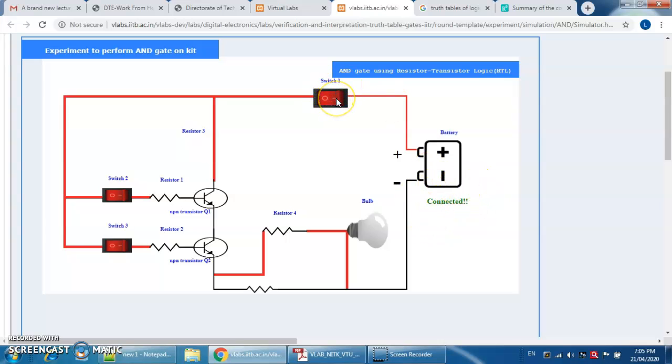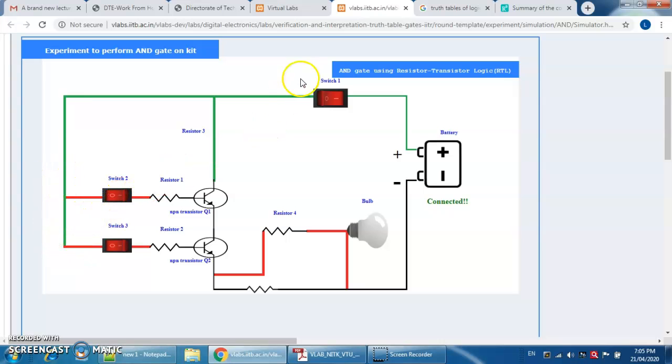Then turn on this supply, which gives plus 5 volts to this transistor. See, this part is green, which means the supply has come to this point. This is the collector, and the supply is over here.